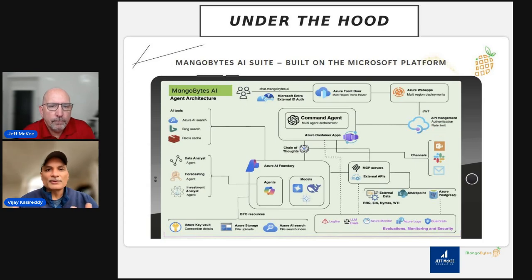So there's a whole bunch of agents that we have in our library. And this command agent selects and engages those domain-specific agents depending on the nature of the task. And then, importantly, determines which data sources to access via MCP servers and APIs.